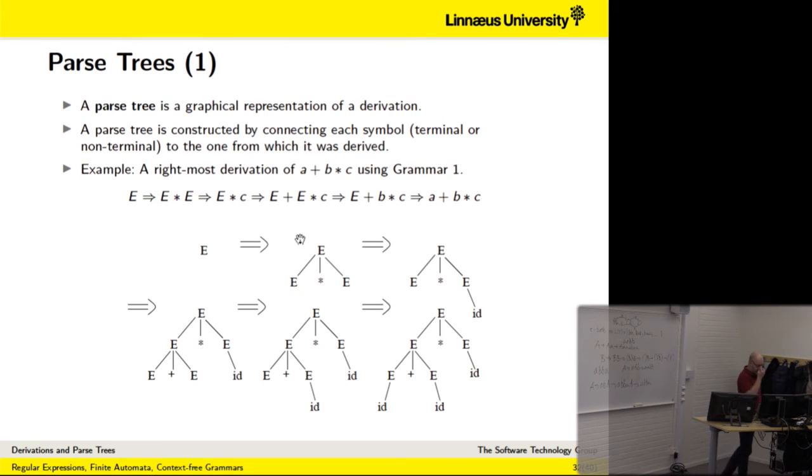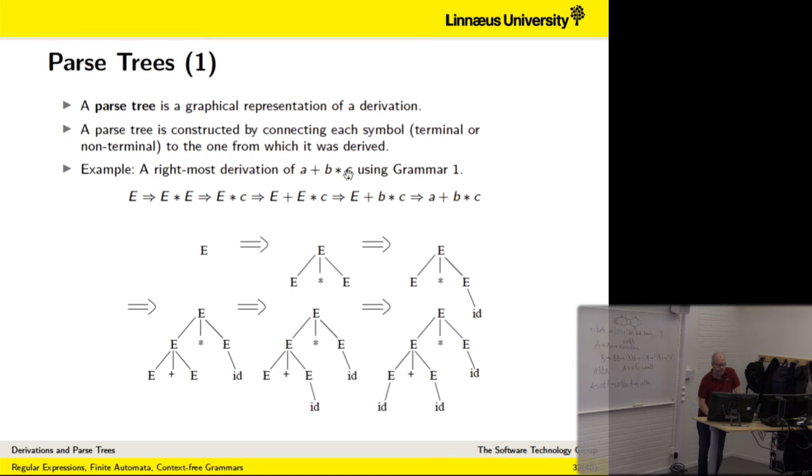Once we do a derivation like this, at the same time we are building a tree. This is called the parse tree. It is the internal representation. The first thing that happens when you're compiling your program is that they are reading your program, doing a derivation, a very long derivation, and they are building a tree inside the compiler. This is the representation used by a compiler. They don't see the program as you see it, they see it as a tree like this. Anyway,